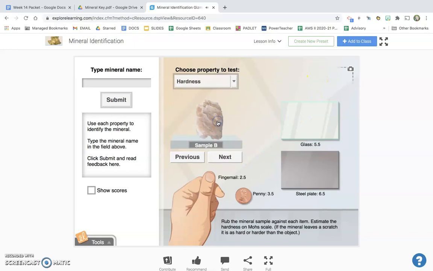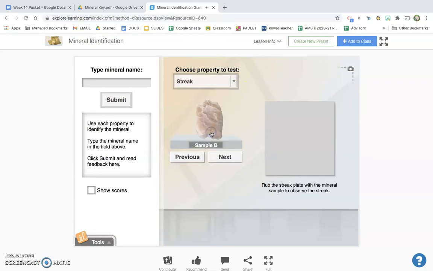Now we're going to look at the hardness. It scratches the nail, the penny, but it does not scratch the steel plate, and it is scratching the glass. So if the glass has a hardness of 5.5, what is the least this hardness could be for this mineral? The streak,